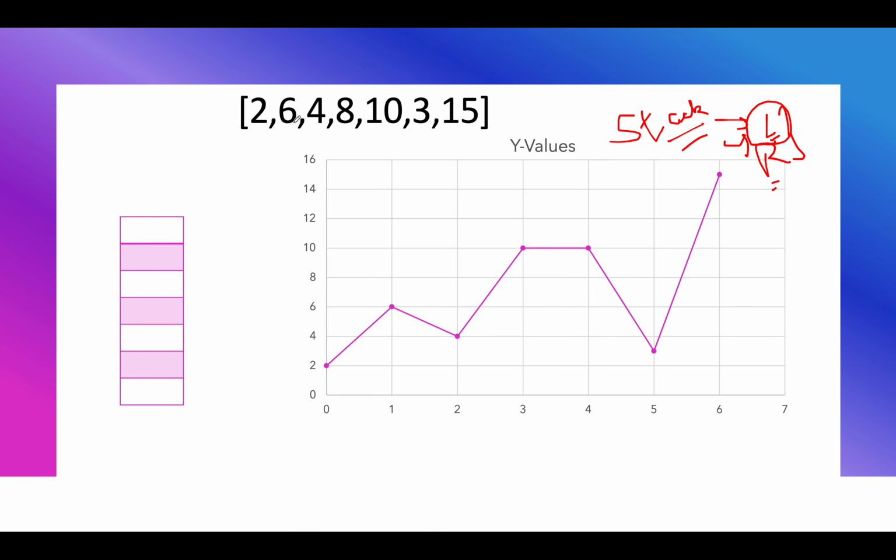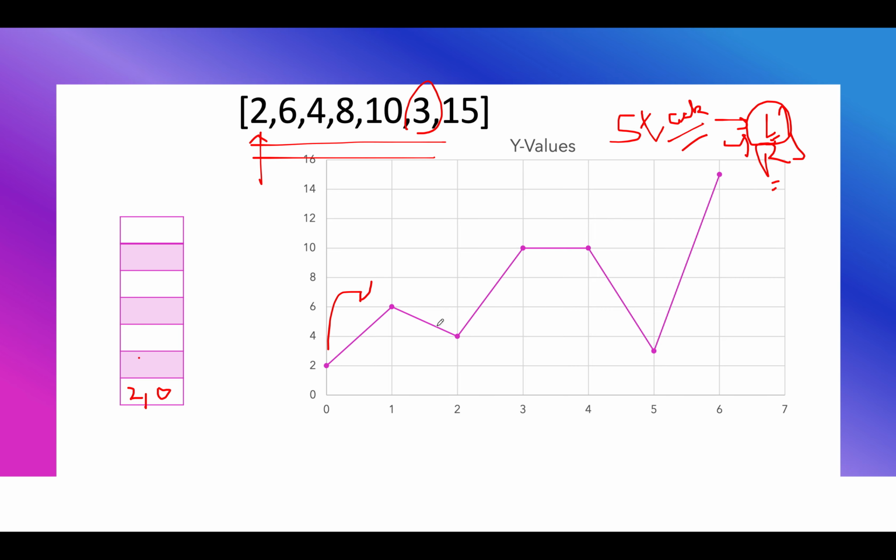I'm adding both the values and the index so that you get a better understanding, although in code we can only add indexes. Since the stack was empty, I added this. Now the next element is 6 comma 1. It is greater than the previous one, so simply add it because the value is greater. What are we interested in? We are interested in finding the dips.